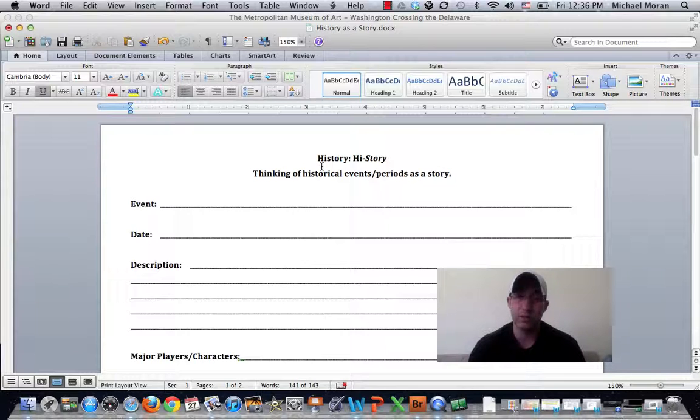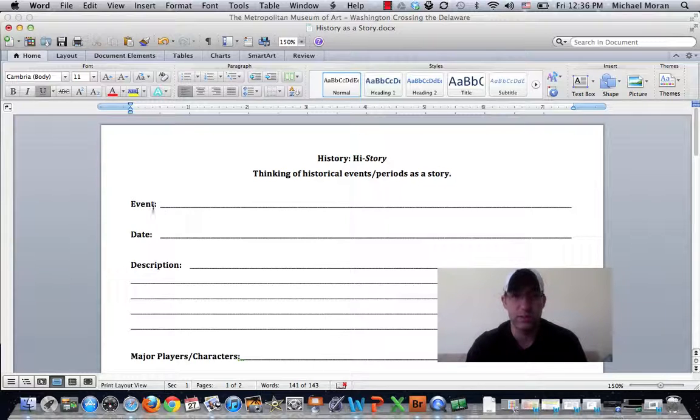And it will also help us when we take our characters and create stories and we have to make a believable situation or plot line taking our character into a historical event. So this sheet will help us to plan those things out. For each time we go through a different historical event or period, we'll need to fill out one of